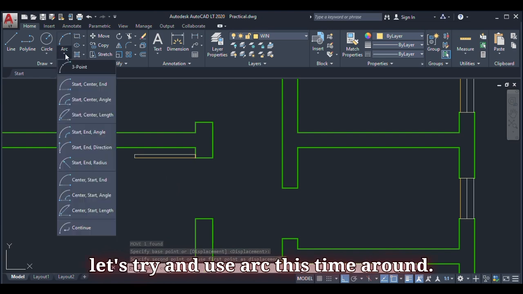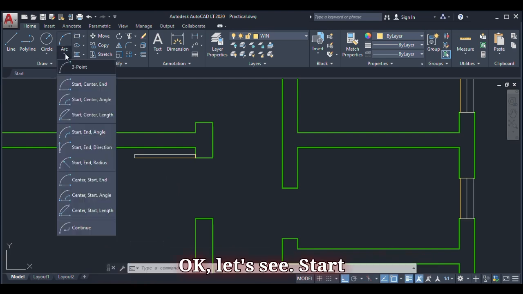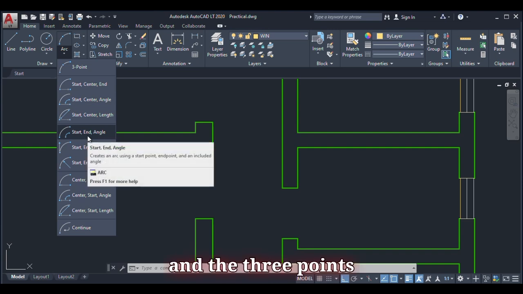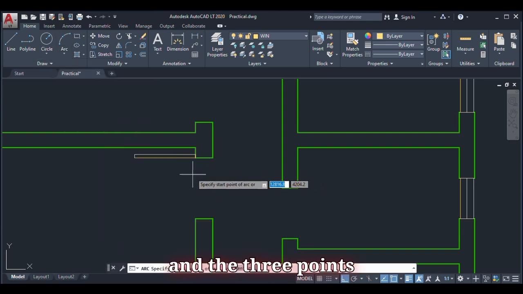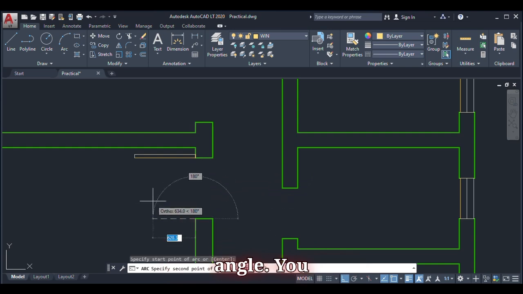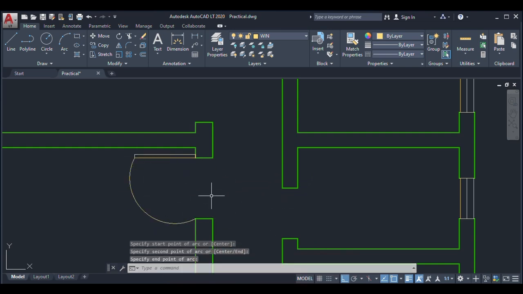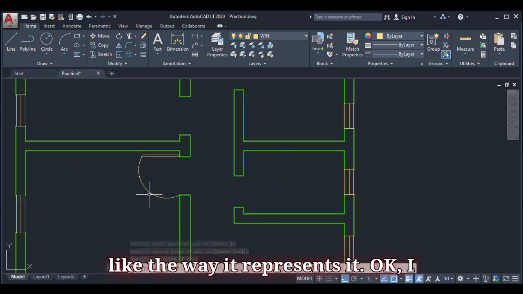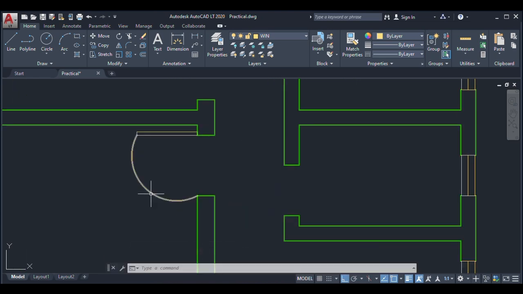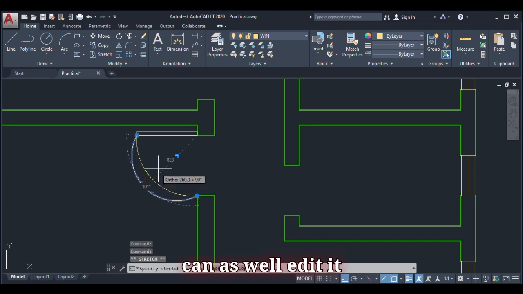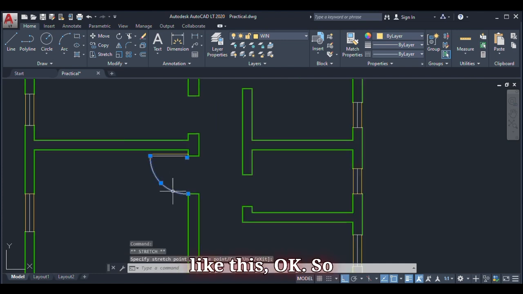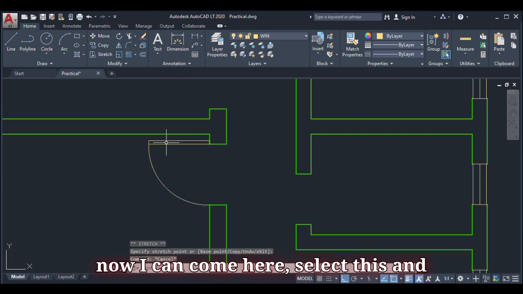Then let's try and use arc this time around. Okay, let's say start and the 3 points angle. Click and we can see that, but I don't like the way it represents it. Okay, I can as well edit it like this. So now I can come here, select this and